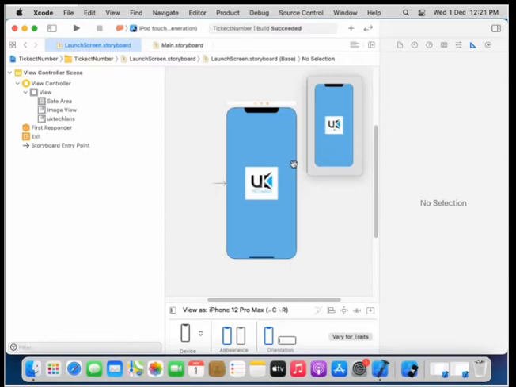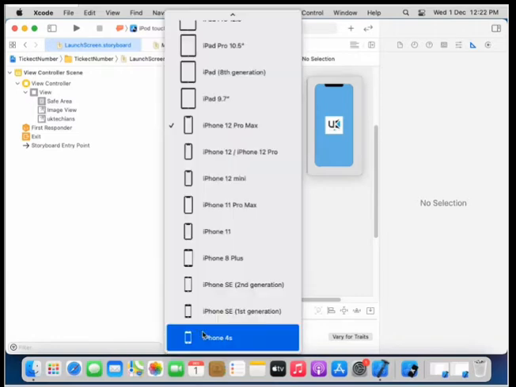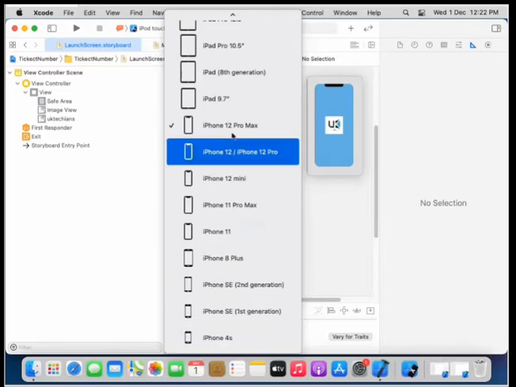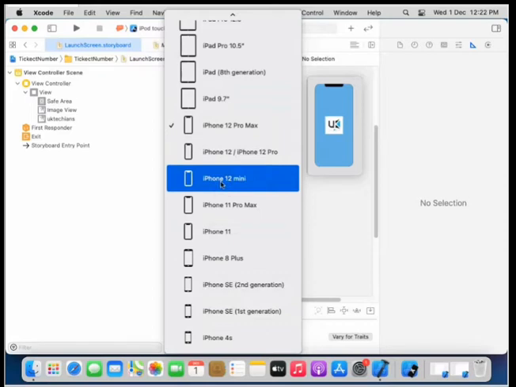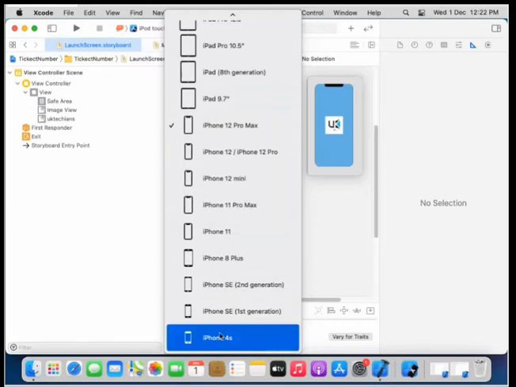So let's begin. First of all, we can see that we have selected iPhone Pro Max and the sizes of devices are mentioned here. For example, it shows iPhone 4s, but after 4s there are lots of phones like iPhone 5s and iPhone 5, and they are not shown in the menu of this selector because the iPhone 4s has the same size as iPhone 5 and iPhone 5s.